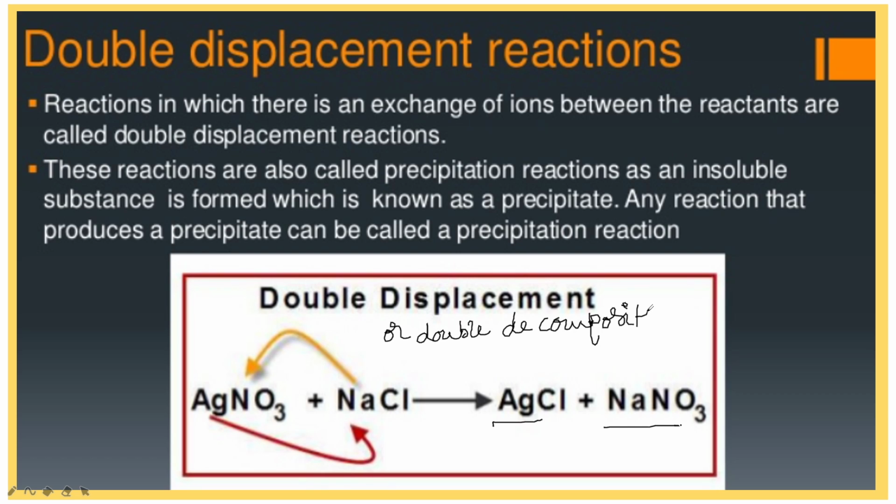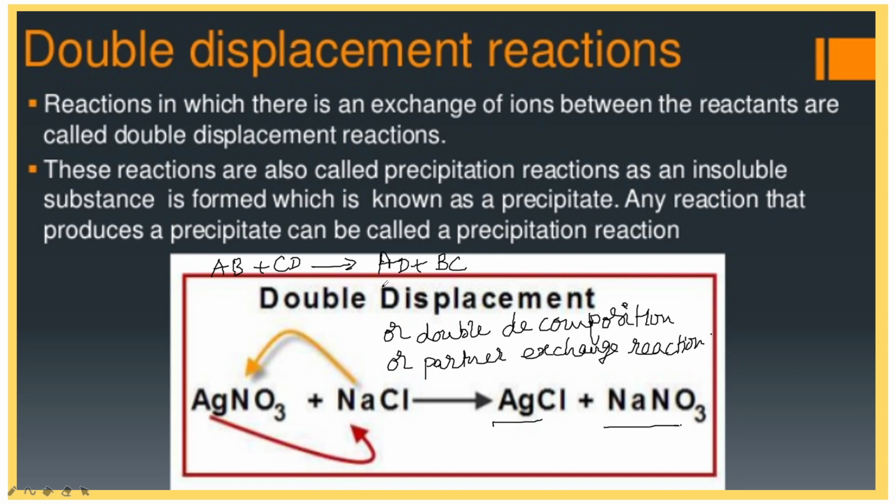You can write it like this: AB plus CD gives rise to AD plus BC. So in most double decomposition reactions, the reaction of two ionic compounds